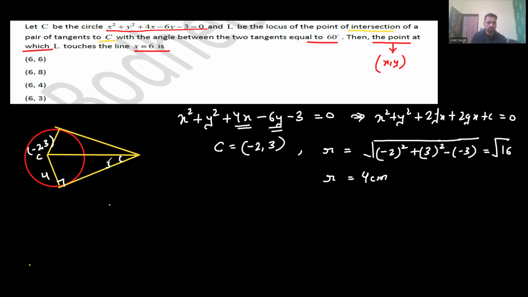This is 30, 30. This is a 60-degree angle. Now apply the sine rule. And we have to find the point A, this is A, B, C, and this point is P. Now, we will apply the sine rule. The sine rule is